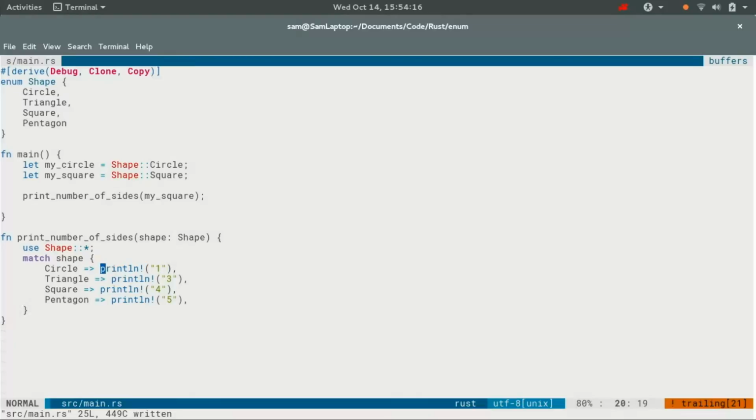Match, at the moment, will return whatever the return of your branches is. So here we'll just be returning a unit type. But if we just change all of these to 1, 2, 1, 3, 4, and 5,